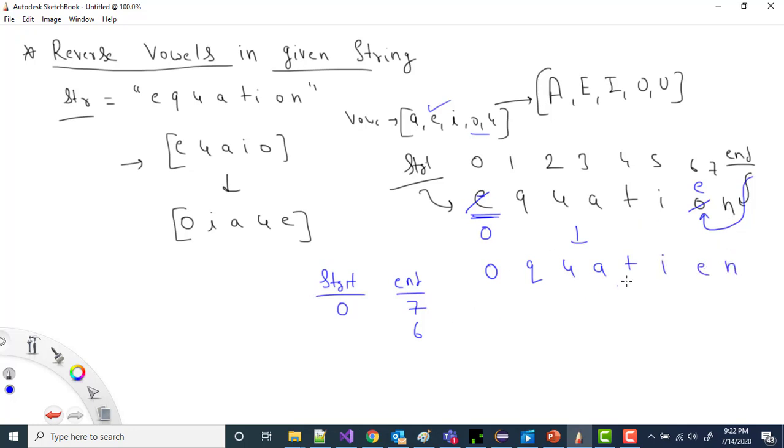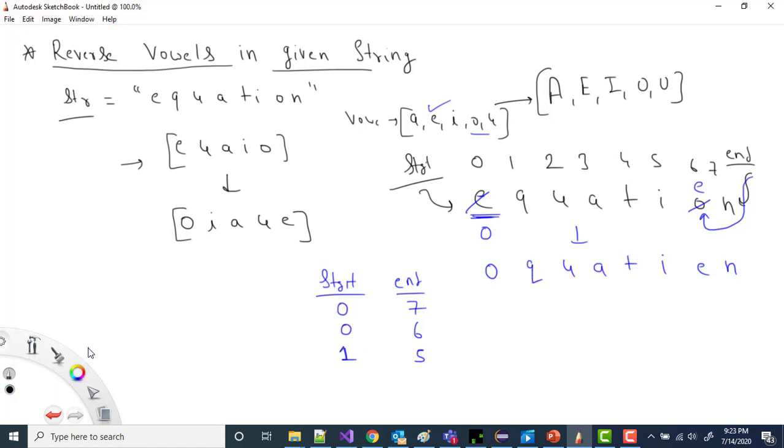And so this is the case. After that, once you have swapped the value, you will increase the start and you will decrease the end, right? Because we have swapped the value, so now we can do that. So now after that my start will move to 1 and my end will move to 5. It means, what are the indexes that we have right now?